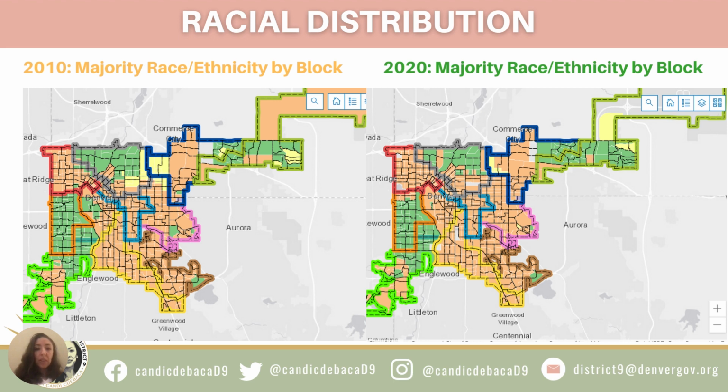I wanted to show you all this map because of that criteria about taking race and ethnicity into consideration for the Voting Rights Act. This map on the left is from 2010, and the one on the right is from 2020. What this shows us is the change in our minority population over the last decade. If you'll notice the green areas on the map, those are majority minority communities or neighborhoods. Clearly, there was a shrink from 2010 to 2020,